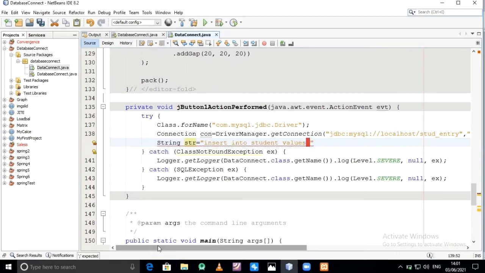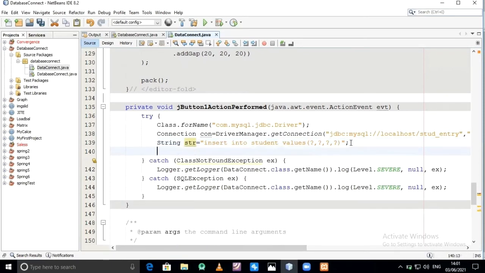How many values are available? There are 4 values. First is for roll number question mark, second for name question mark, third for mobile number question mark, and last is for your email ID. Give the semicolon.